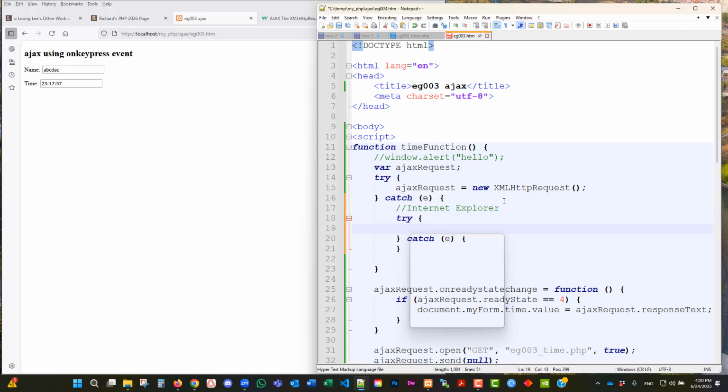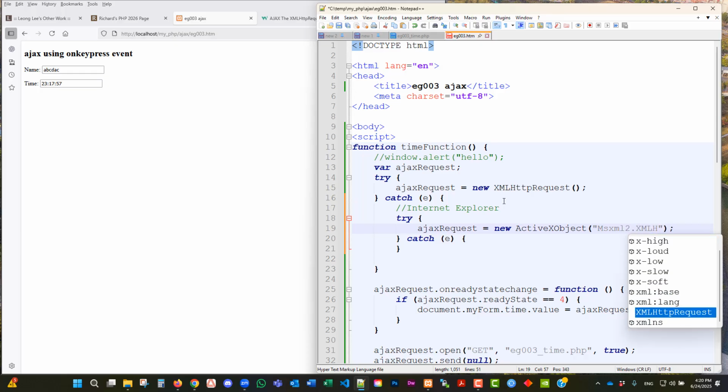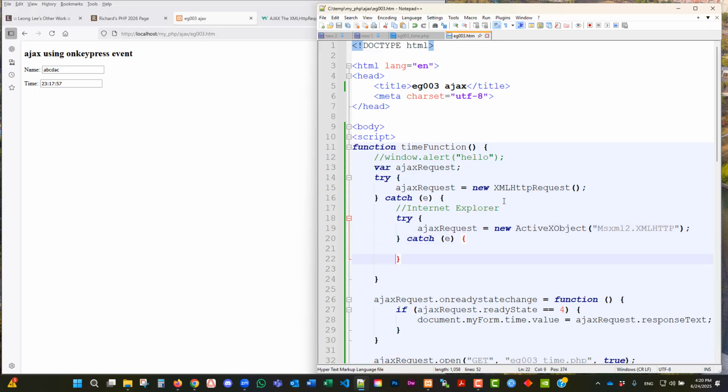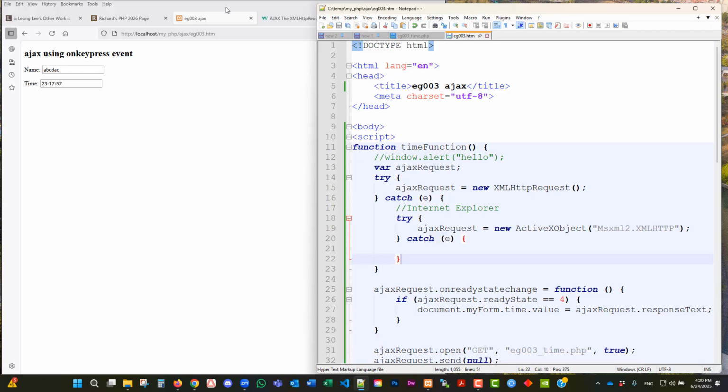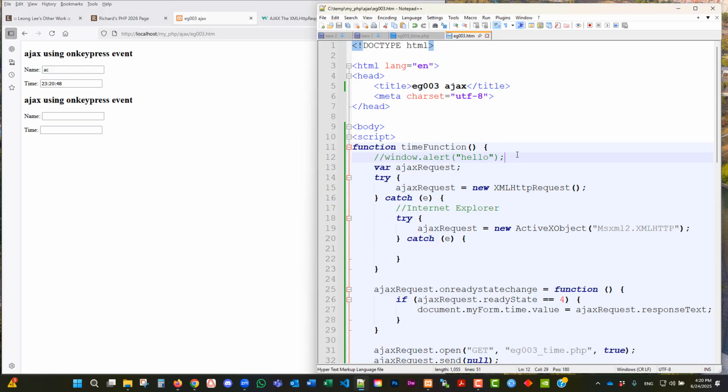Okay, and so this is how to declare the same thing in Internet Explorer. Okay, Control S to save and reload. Sorry, I'm not working on this yet, but let's. So this time function still works, but if